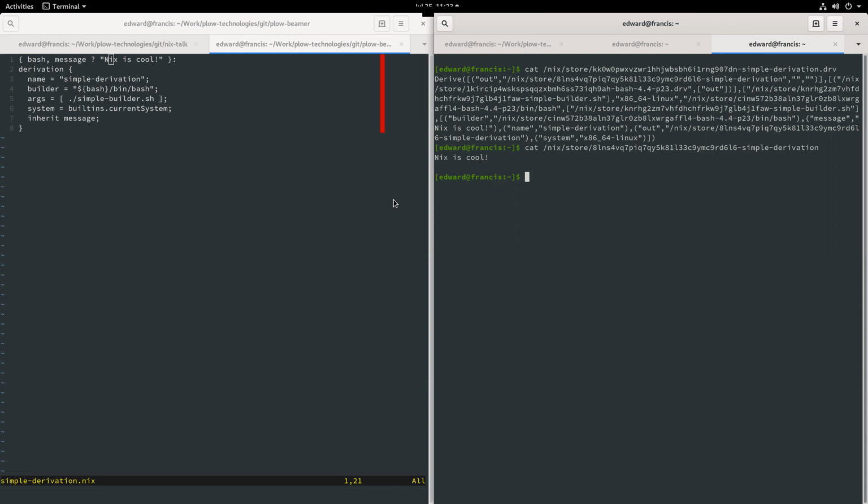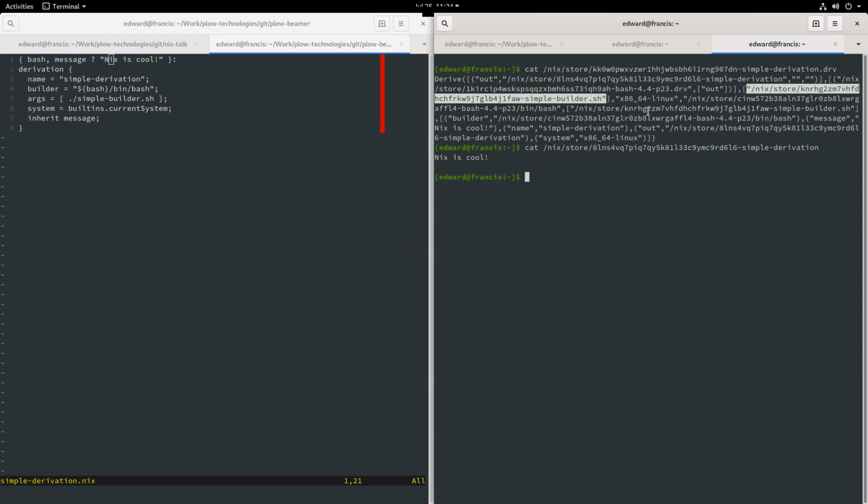Right. Remember I mentioned that, if we look for where simplebuilder.sh is mentioned up here, this actually just got copied to the Nix store, which means this is its SHA-256 hash, and it just got copied to the Nix store in the act of evaluating. So there was a local path that we were mentioning in a derivation. It just got copied to the Nix store rather than